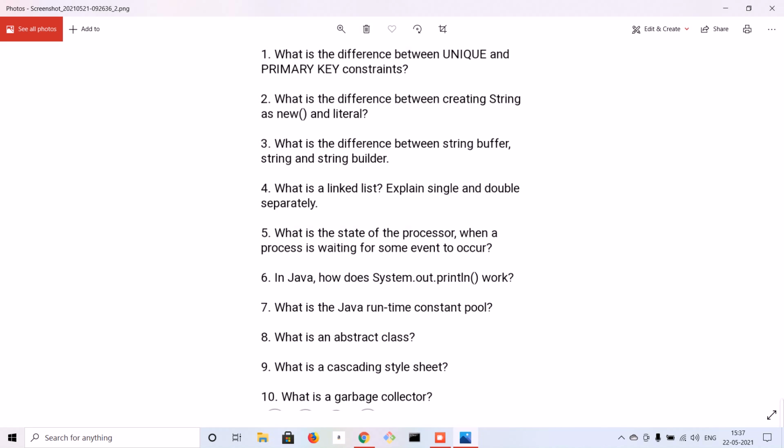I was not sure at that point of time, so I couldn't give the exact answer because I forgot the process states I studied in operating systems. Later I found that this is something I actually missed while preparing. I was more focusing on the programming part and database part. So the OS part I missed, and I couldn't answer this honestly.